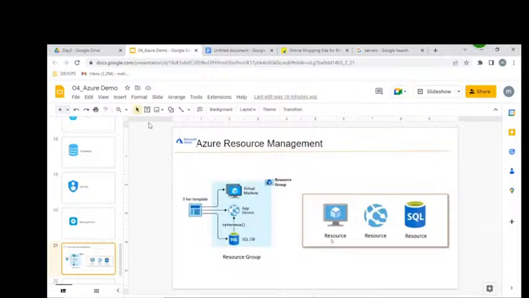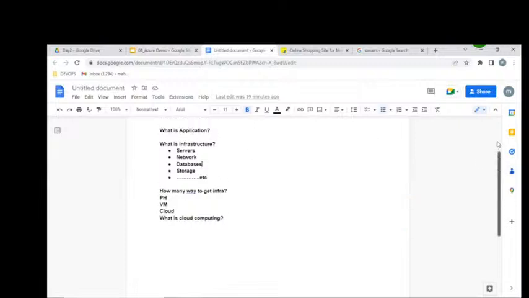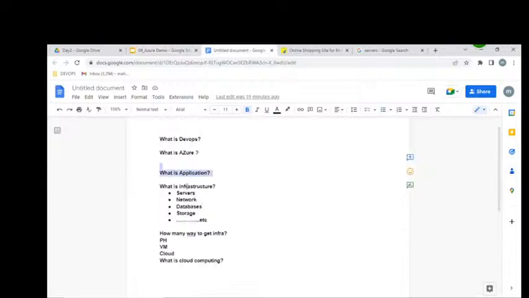The point I want you to understand is that for deploying and maintaining our applications, we require infrastructure. This infrastructure we can get as a physical environment, a virtual environment, or cloud. But which cloud are we going to be using? Azure cloud.